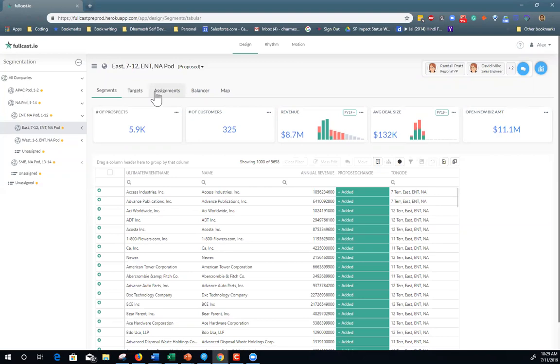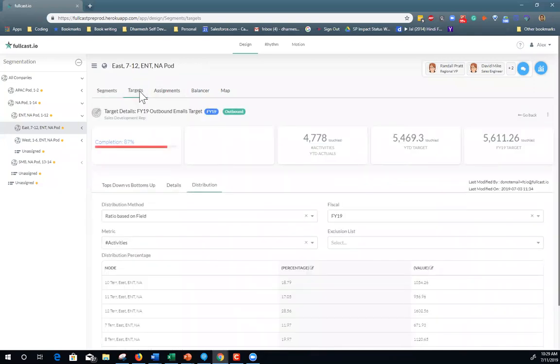So we did the segments, and we are assigning people into roles. We are managing those people in those roles. If they're changing roles, that's the ongoing business. People are always leaving the company or new people are joining the team, and so we have to manage those assignments. We quickly looked at the quota setting, the target setting process, but we're doing all of those things in the concept and the context of territory.